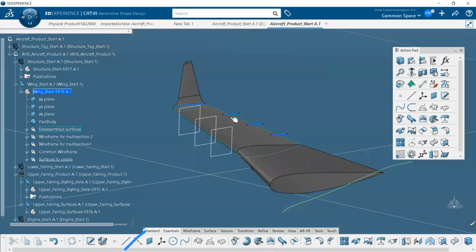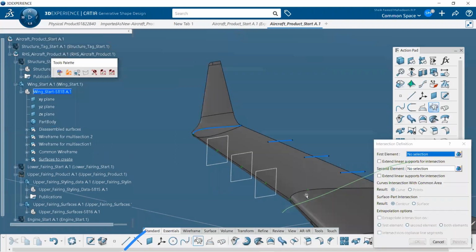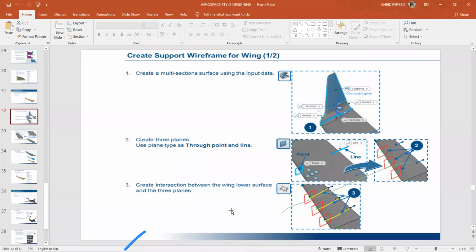Now we have to create the intersections, the intersection between the point and the line itself. For that just select the intersection option. Once after creating the planes through the points, we have to create the intersection between the lower surface and the 3 points.